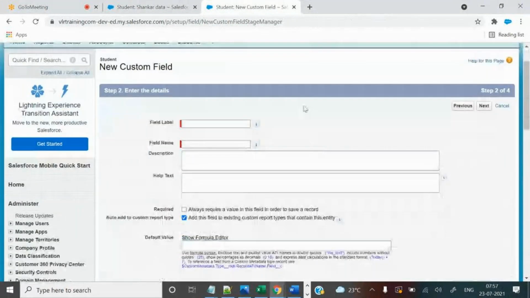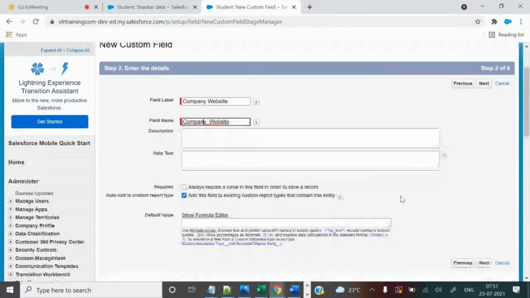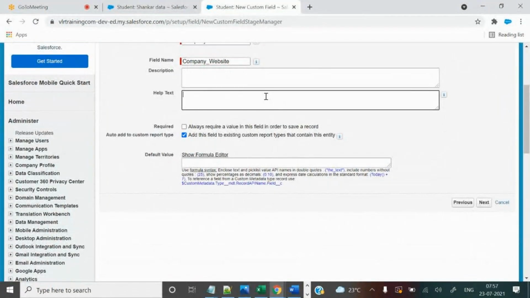So now the field label: website. If a student belongs to a company, store companies.